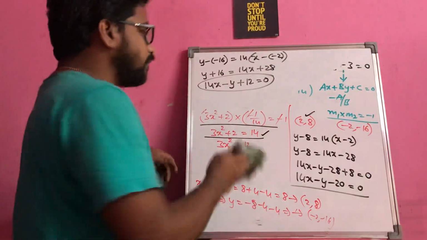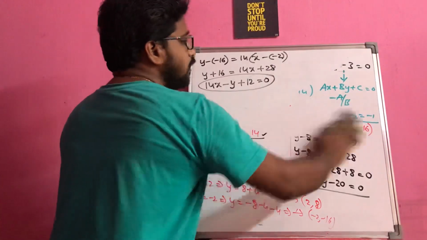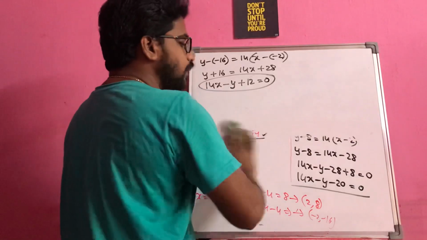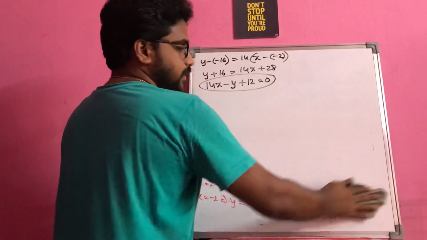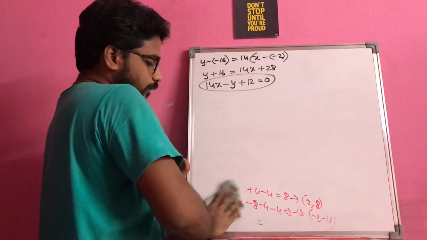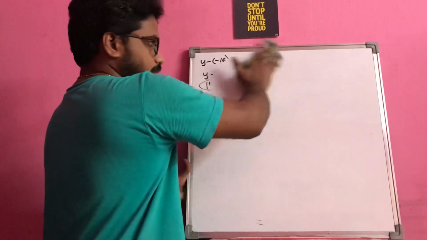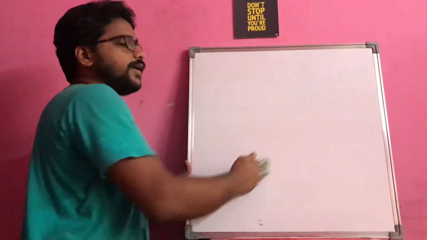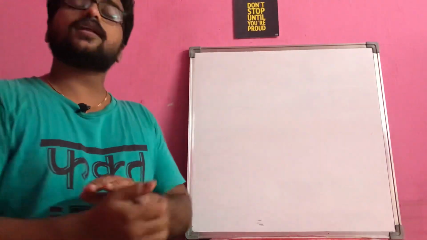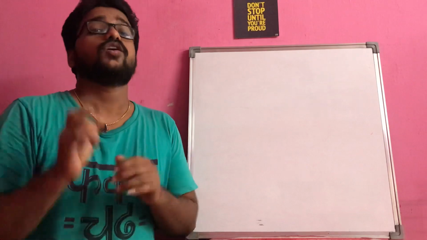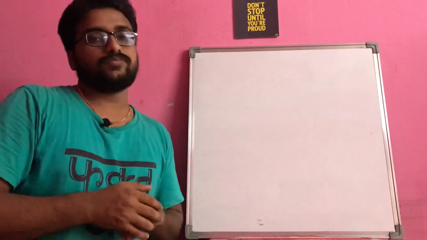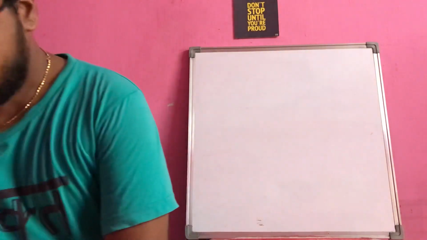So the takeaway from this question is, for a given question, understand what they are actually asking, and most importantly, don't neglect any value just because it is minus. You may find out or draw a tangent at a negative point also, right? Then why should we neglect a value without any valid reason? That is the important thing. Okay.